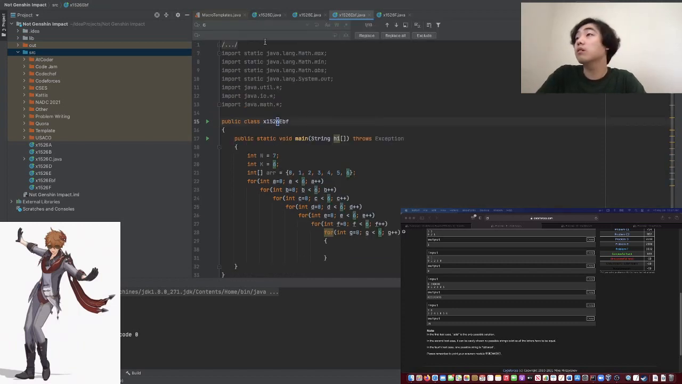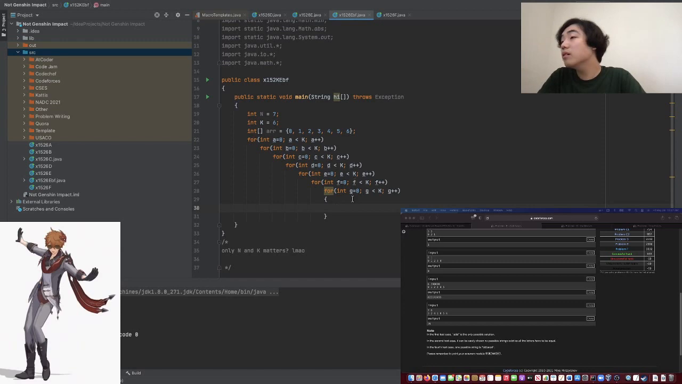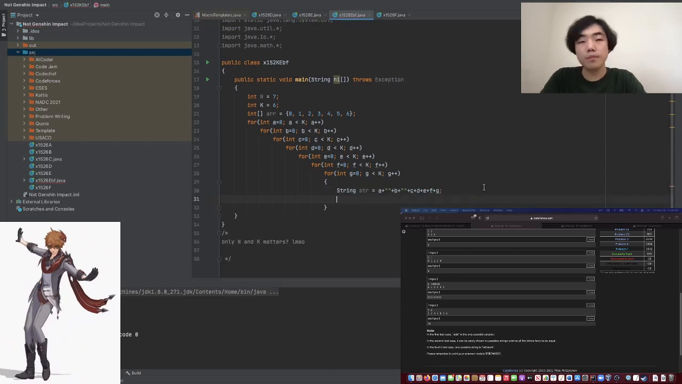I'll replace 6 with k. This is equal to 6. There we go. A, B, C, D, E, F. Okay, so string is equal to A plus... Okay. We need to sort this string. So